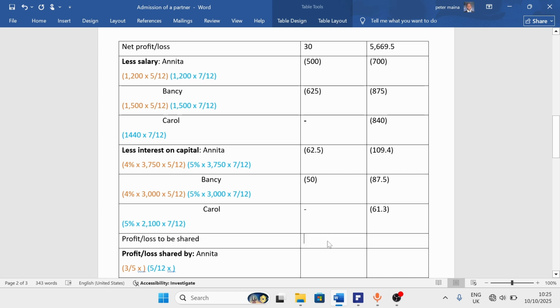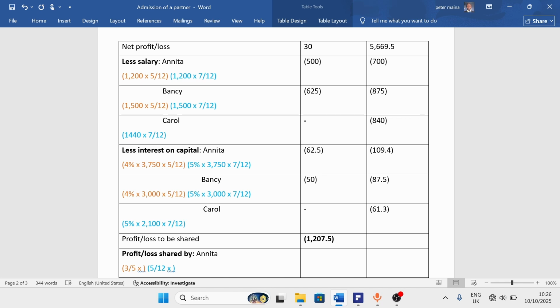So let us start with the first period. 30 minus 500 minus 625 minus 62.5 minus 50. It is giving us a negative, and that is negative 1207.5